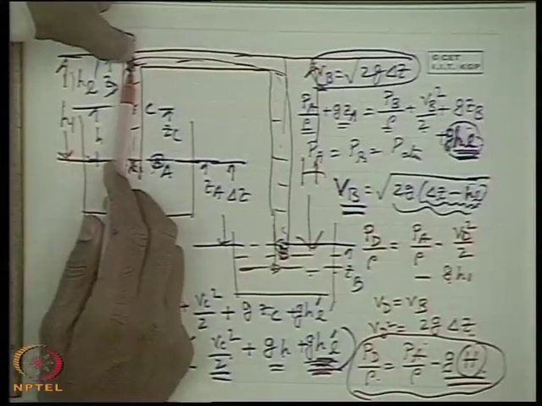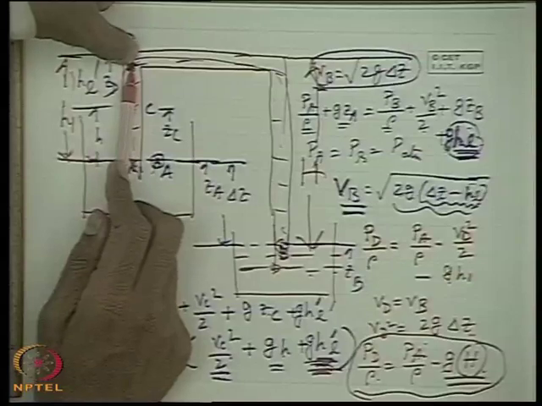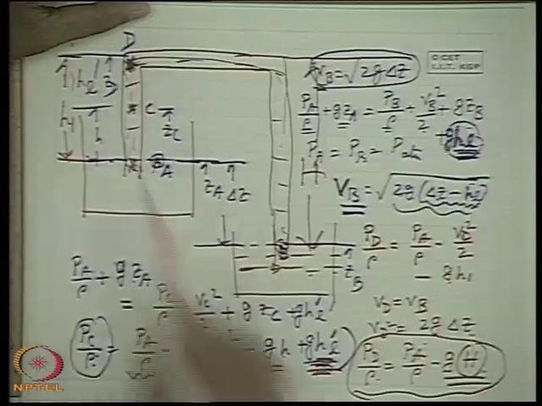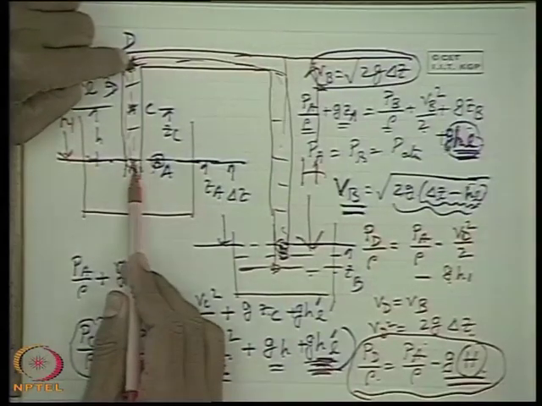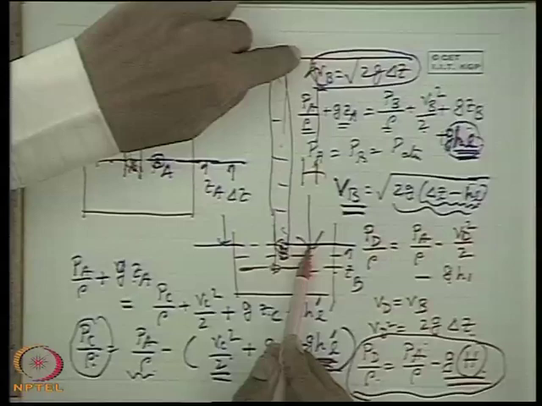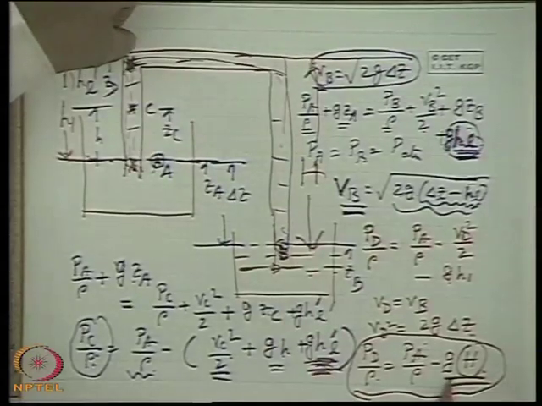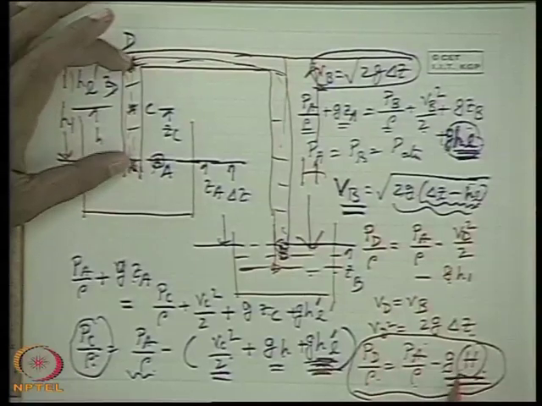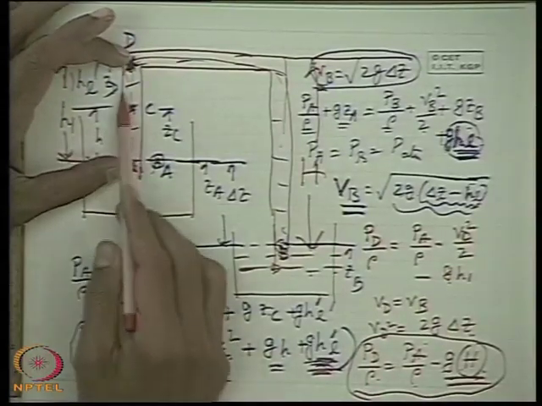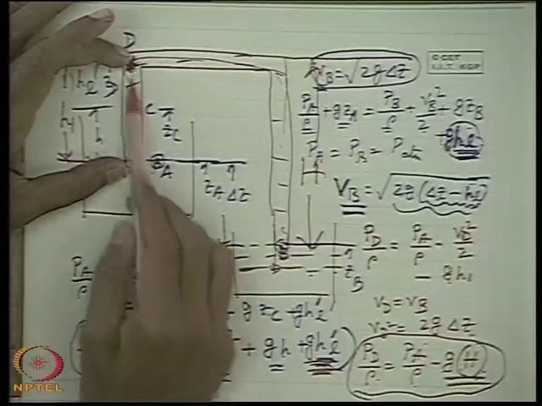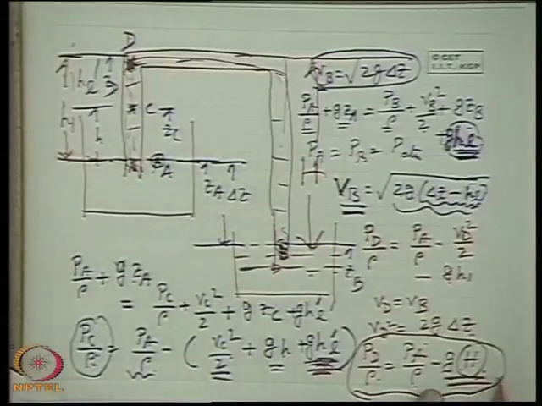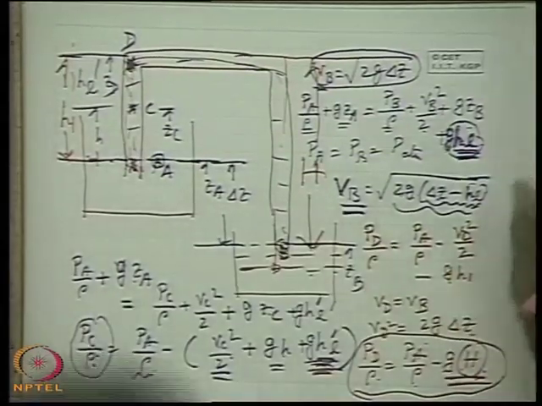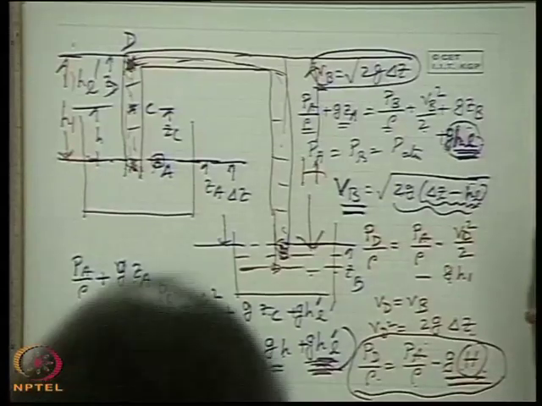So therefore this is the minimum pressure. Obviously the minimum pressure will occur here, that is at the topmost part of the tube where the vertical height will be maximum. So this pressure PD is equal to PA by rho minus G times the total height H from this level of liquid to the uppermost point, neglecting the losses. If you include the loss, then this pressure will be this minus GH minus the loss which has taken place during this part of the flow, the frictional losses. Properly take into account minus G HL1 or HL2, whatever you define. So alright, it's very simple.